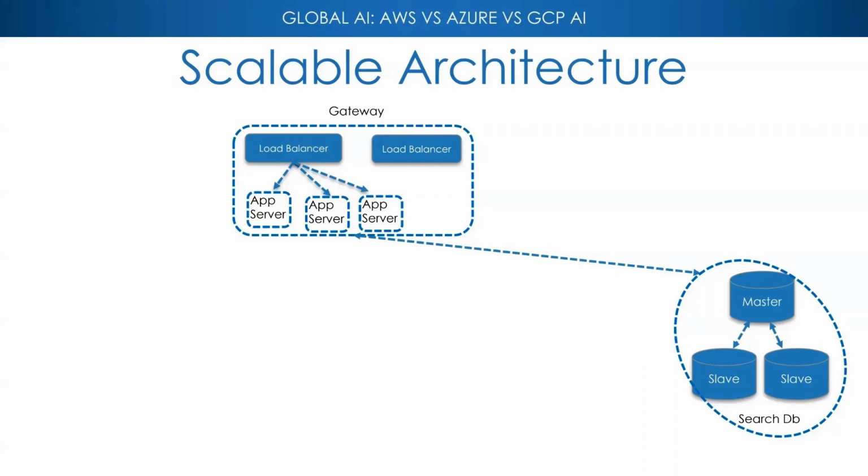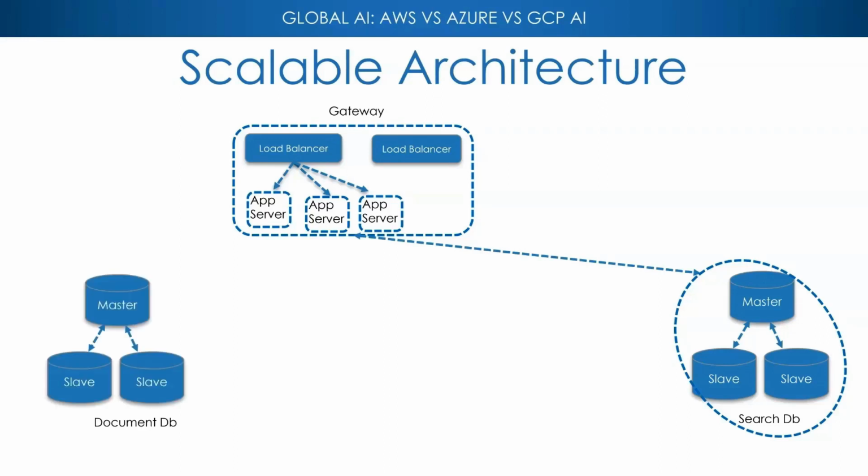What happens when the system now knows that the person wants to buy the 27-inch monitor, let's say, and it happens to be an LG or a Samsung for that matter? The next thing you would like to do is tap into your actual document database, and this could be your Azure Cosmos DB, your MongoDB, Cassandra, Couchbase, or any other document DB of your choice. And why a document database?